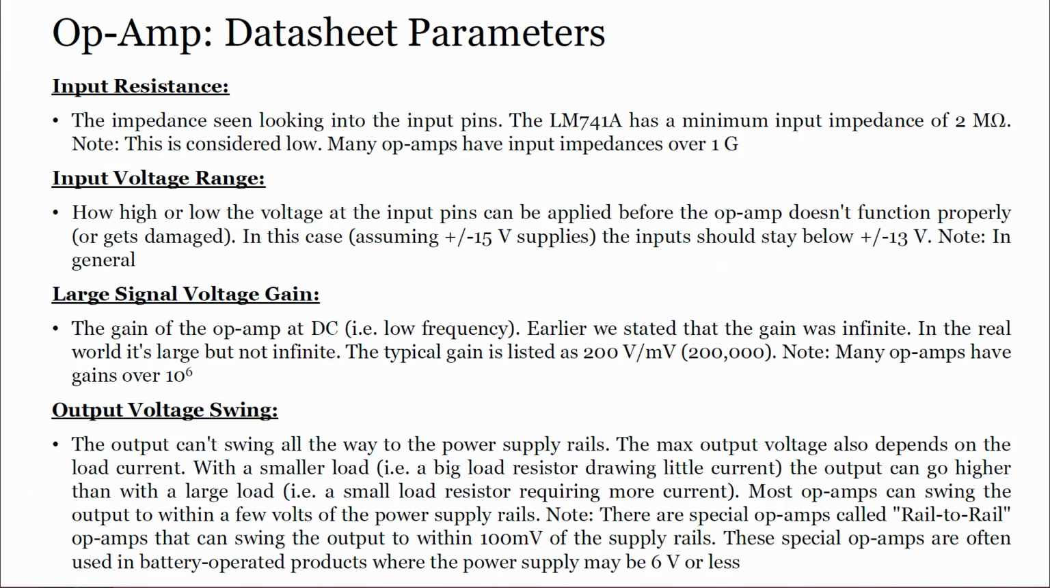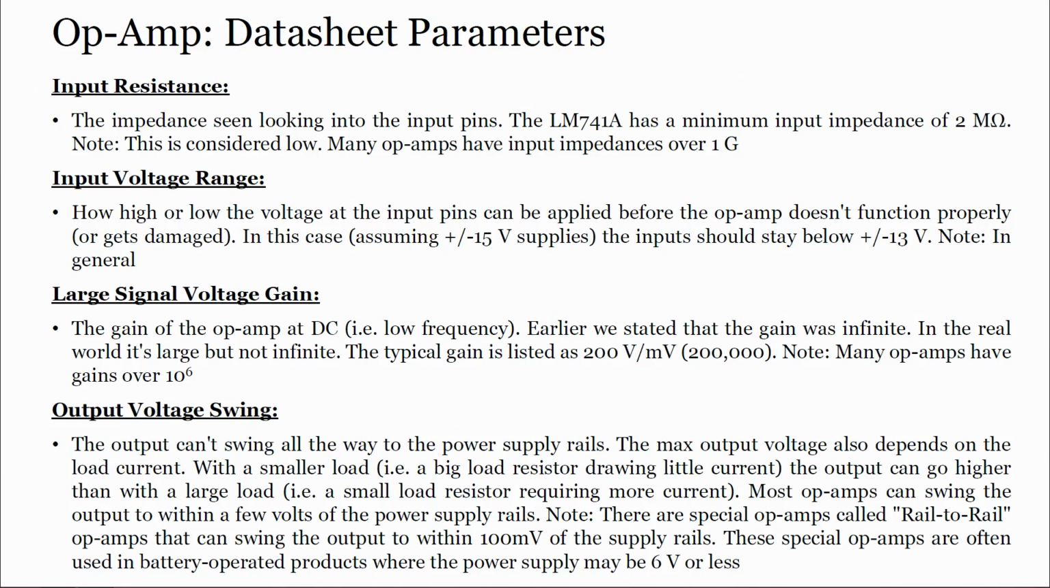Output voltage swing, what is that? The output can swing all the way to the power rails, right. It cannot go all the way to plus minus 15, but the maximum output voltage also depends on the load current. With a smaller load, the output can go higher than with a larger load. It is obvious, right. Most op amps can swing the output to within a few volts of the power rails,